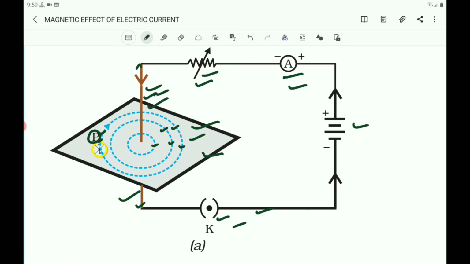The direction of the magnetic field lines gets reversed if the direction of the current through the straight copper wire is reversed. You can check that also. Here it is already verified that as the direction of the flow of current changes, the direction of the magnetic field also changes. So these are the patterns of the magnetic lines produced by the electric current passing through the straight conductor.